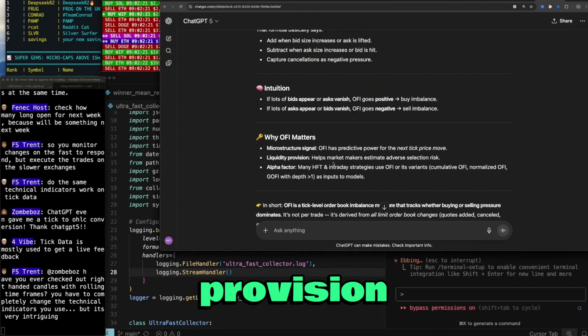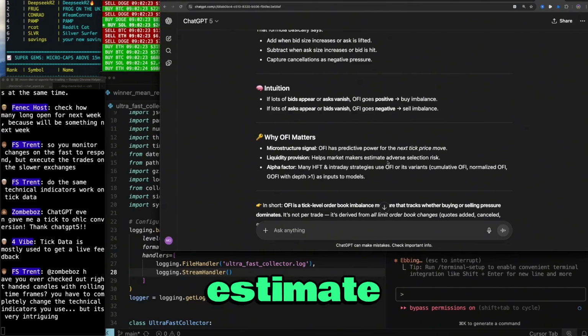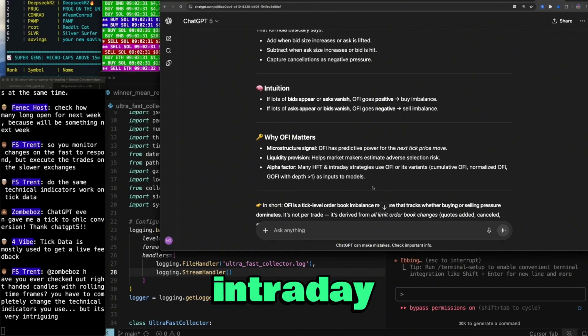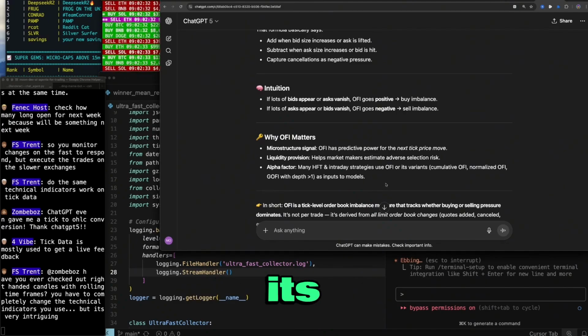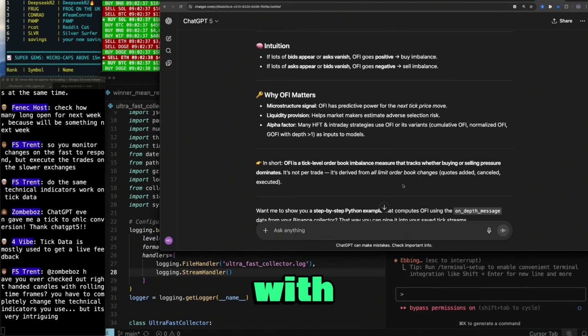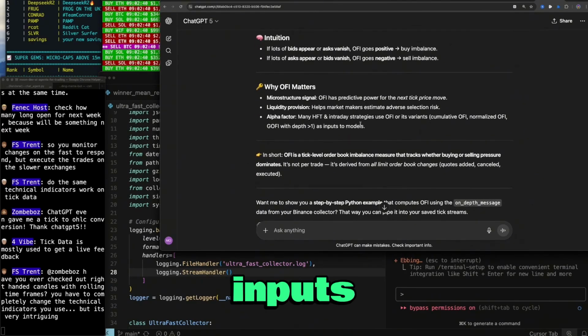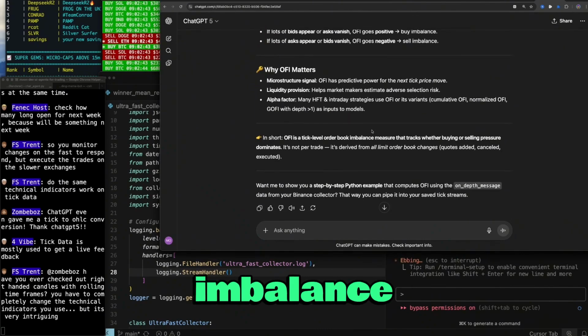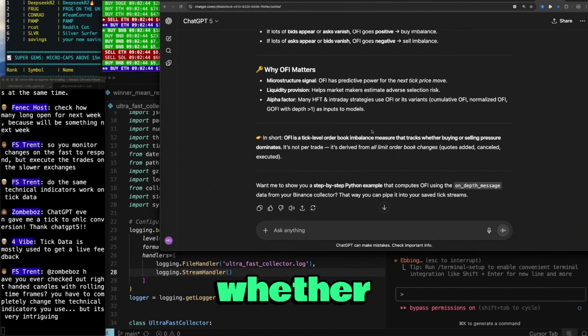Liquidity provision. Helps market makers estimate adverse selection risk. Alpha factor. Many HFT and intraday strategies use OFI or its variants, cumulative OFI, normalized OFI, or GOFI, with depth over 1, as inputs to models. In short, OFI is a tick level order book imbalance measure that tracks whether buying or